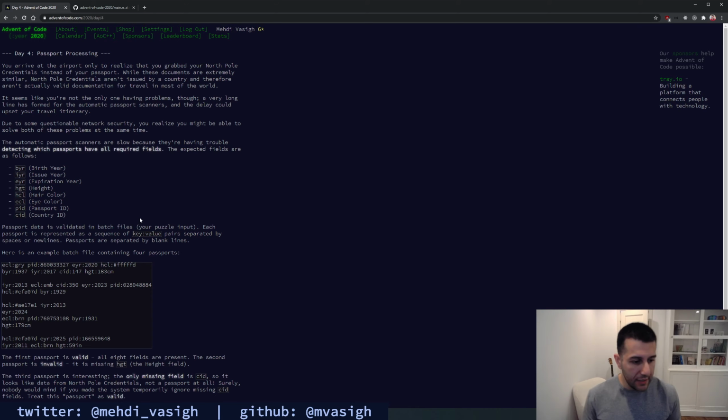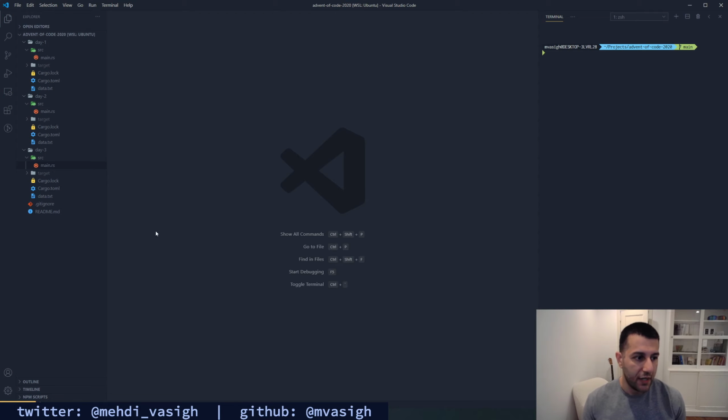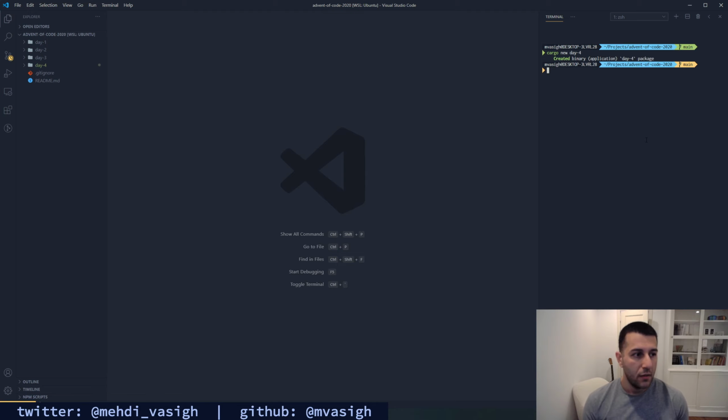So let's make sure, first of all, that we've got our repository here. And I'm just going to create a new Cargo project. Cargo is the kind of CLI that manages projects for you in Rust. So I'm going to say cargo new day4. So now you see we've got our day 4 folder. I'm going to just drill into it